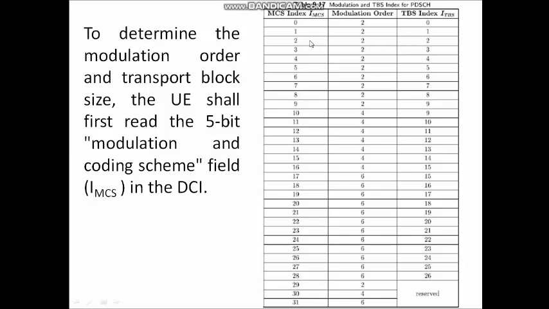As you can see here, the mapping between the MCS index, the modulation order and the TBS index, that is I_TBS, are shown in the table. Different MCS indices may be mapped to the same TBS. Here you can see that, for example, I_MCS 9 and 10 are mapped to I_TBS of 9. So, this results in the same data rate for both the combinations.